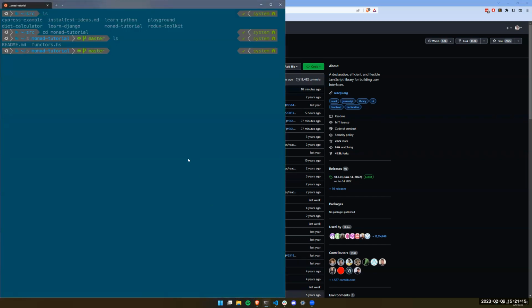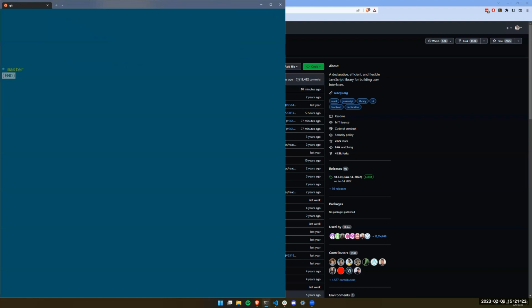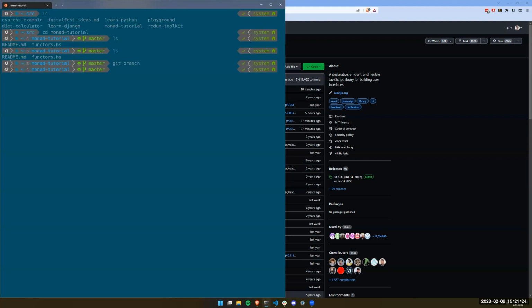But we can talk about branching a little here. I could say git branch, and it's going to tell me all you have is this thing called master. So if you want to create a new branch, one way to do that is git checkout -b. Normally git checkout will check out an existing branch, but if I say git checkout -b, that means create a new branch. I'm going to call it feature. And now you see here, it says I'm on the feature branch.